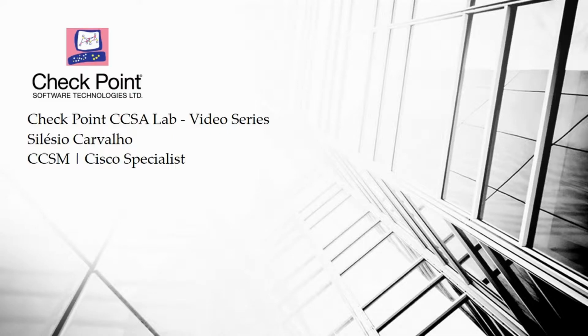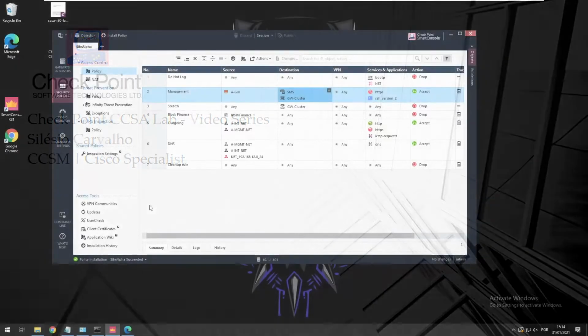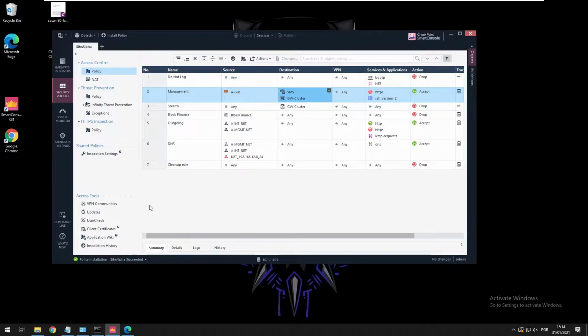Hi there. In this video, we're going to enable the HTTPS inspection feature. This feature allows the gateway to intercept HTTPS traffic in order to validate whether there is harmful traffic passing through the gateway. And to do that,